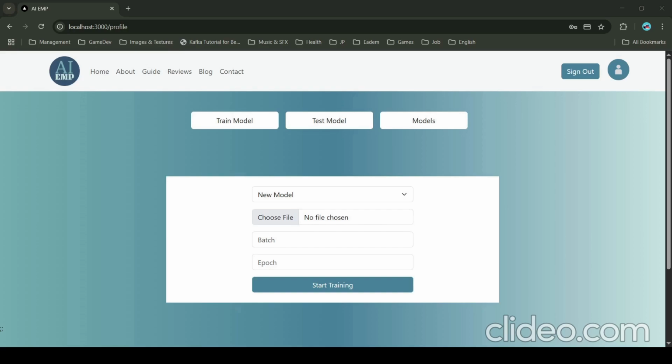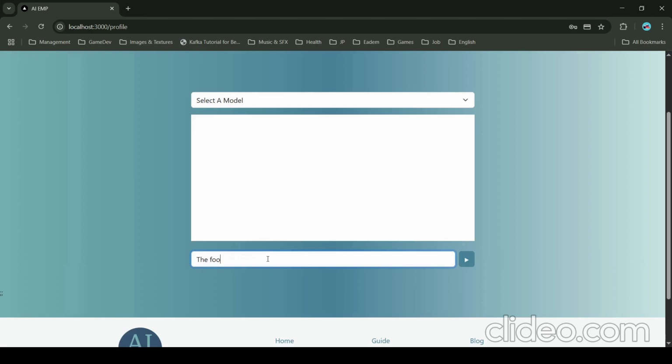whatsoever. In this case, I'm going to upload a file that I have, a data set of restaurant reviews, which is made of positive and negative reviews, and the model is going to train on it. And once it's done, I test it out, send it a couple of positive and negative reviews to see if I'm happy with the results. And then when I'm done with it, I can actually download the model and it's ready to be used in,